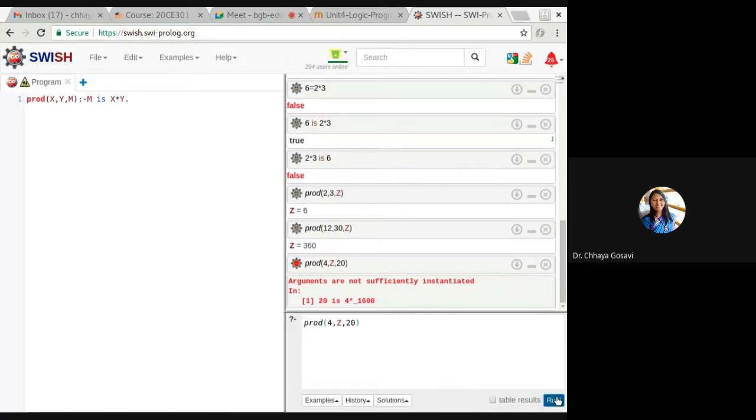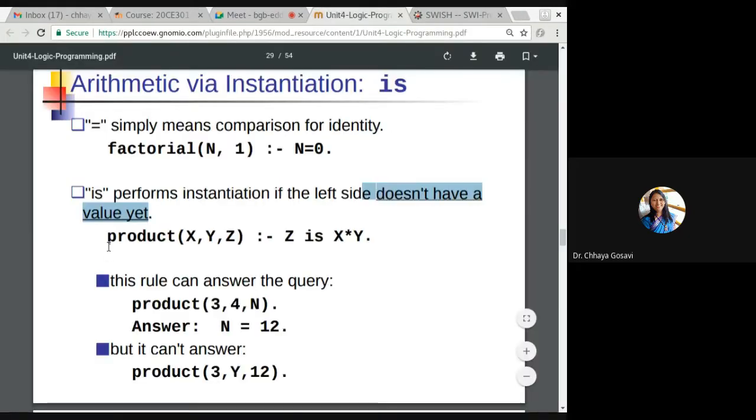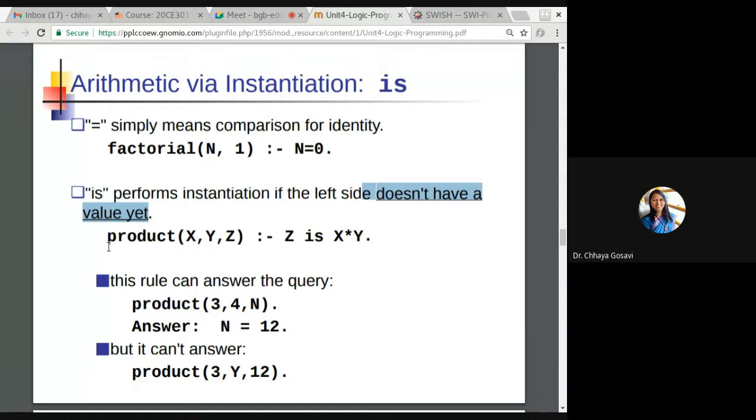So it will not produce any output. So following these rules and writing the queries properly is very important: what you exactly want and how you can write the rules.